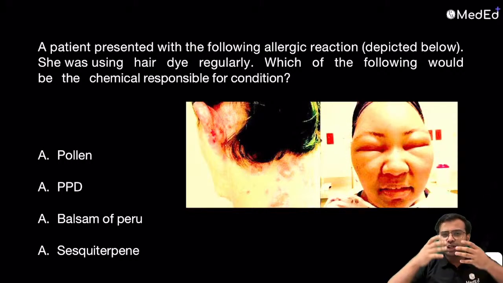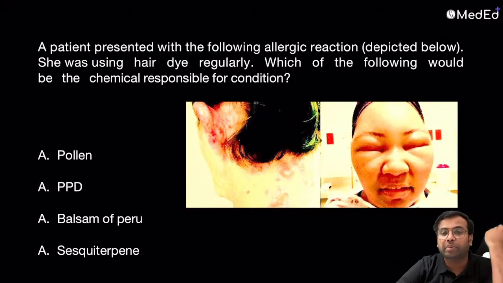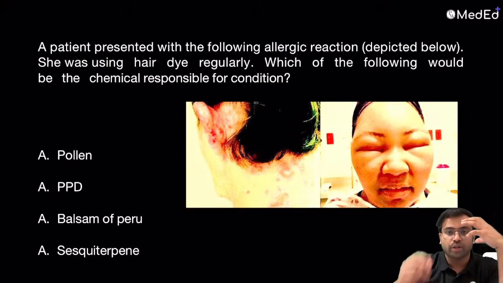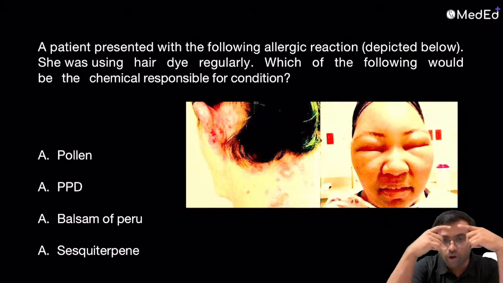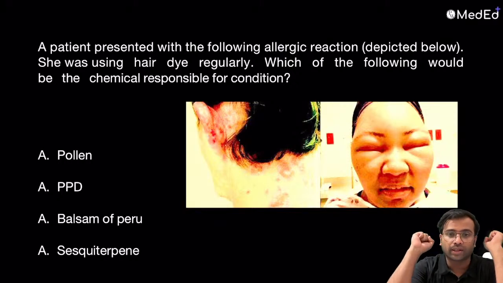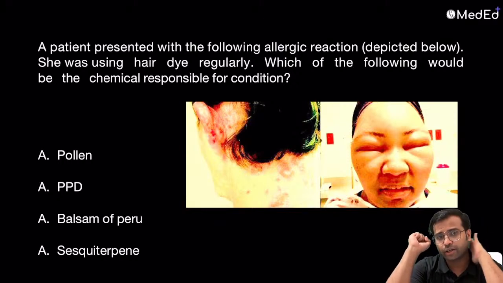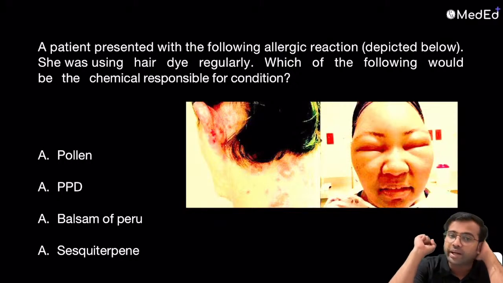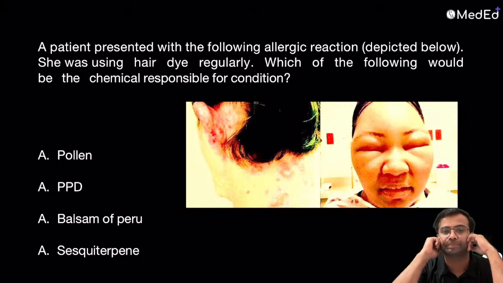You can see that after using a hair dye, probably because of the graying of the hair, the patient has developed an allergic reaction over the skin. You can see there is a lot of edema over the face, isn't it? Over the eyes cannot be opened. And there is some kind of a rash also behind the ears and over the scalp. Now, what is the diagnosis here? So here the diagnosis should be,